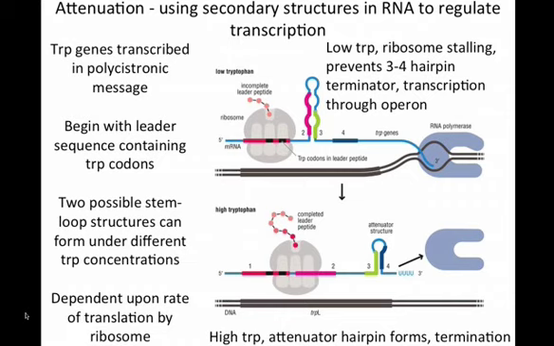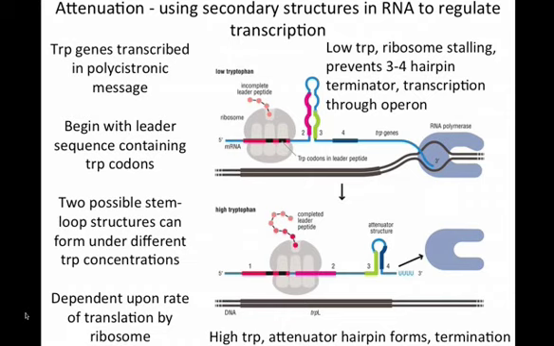And here, this is only in bacteria, because it's using secondary structures in RNA to regulate transcription, and whether or not transcription is going to stop early or whether you're going to get transcription through the whole entire operon. And this is in the trp operon. Remember, in bacteria you're going to have transcription and translation happening at the same time. As soon as your RNA is being made, ribosomes are going to hop on and start translating. And the way this is regulated is by the presence of this leader peptide,